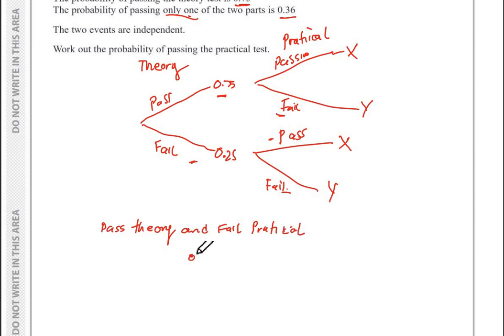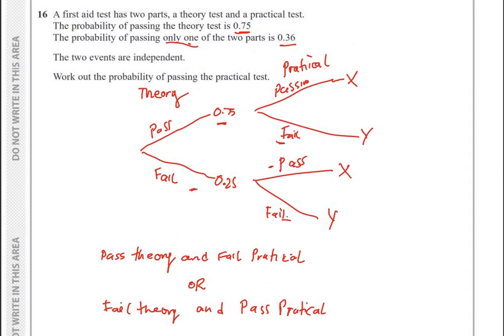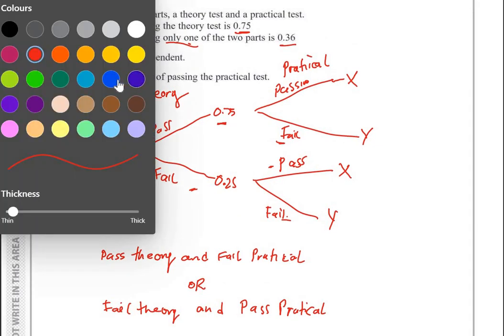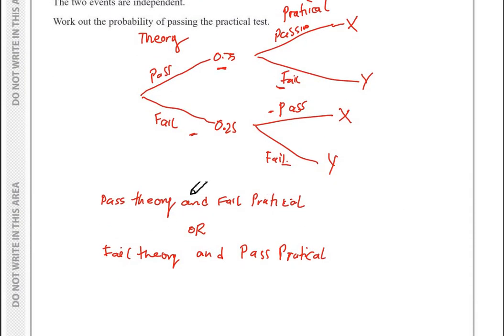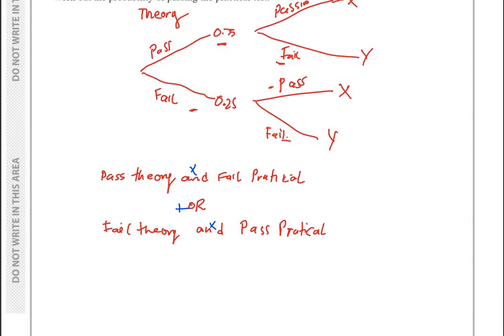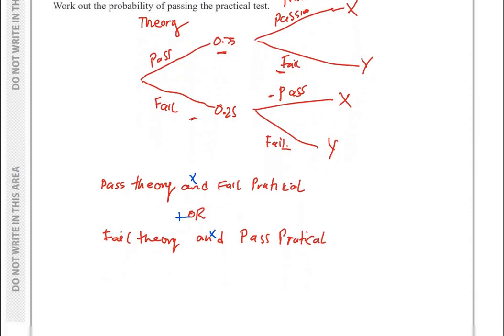Or we could fail the theory, and we could pass the practical. So notice my two key terms here that I've decided to use are the "and" and the "or". And we know that in probability theory, "and" signifies multiplication and "or" signifies addition. So what I'm really saying here is that the probability of passing the theory, which is